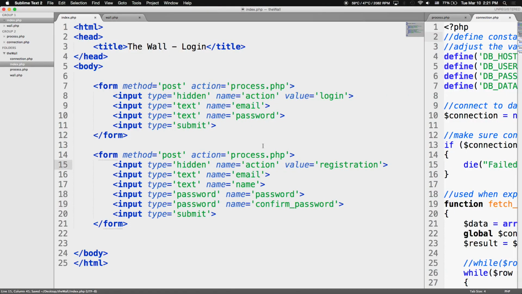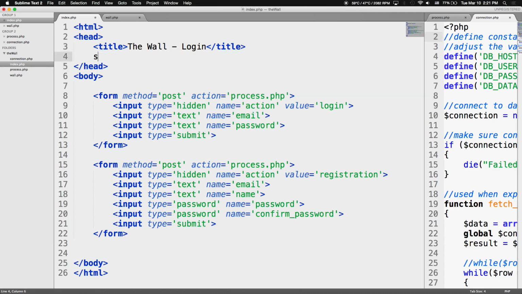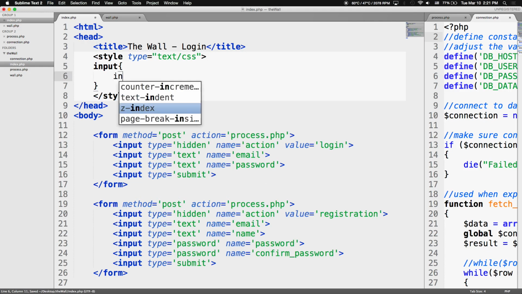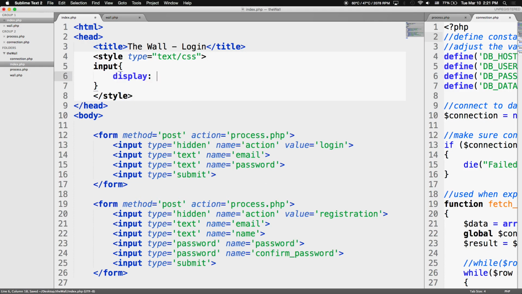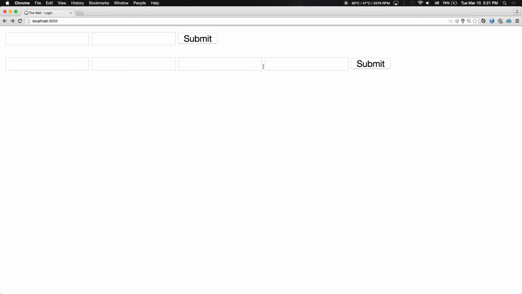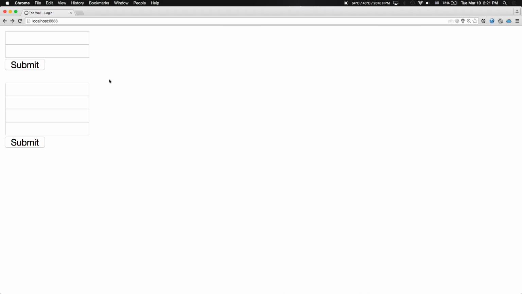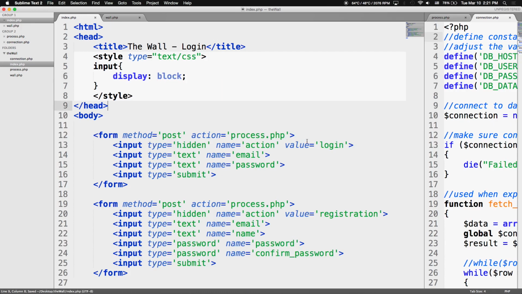Okay, let's just do a little bit of styling. And inputs, we're going to set them to be display inline block, inline, I should say, not inline block. Actually, block elements, excuse me, so they're on top of each other. And let's put some